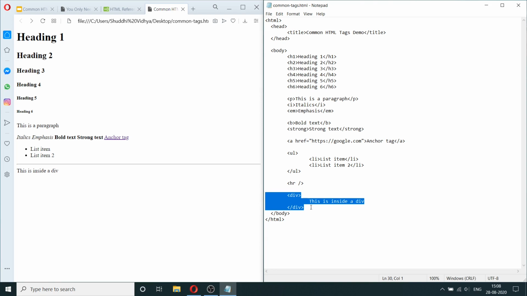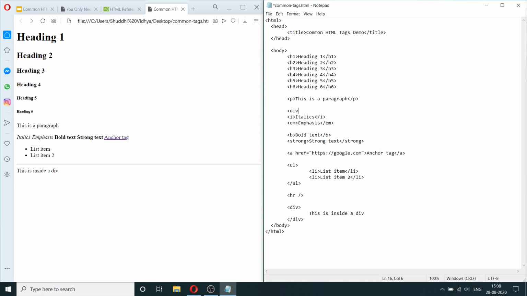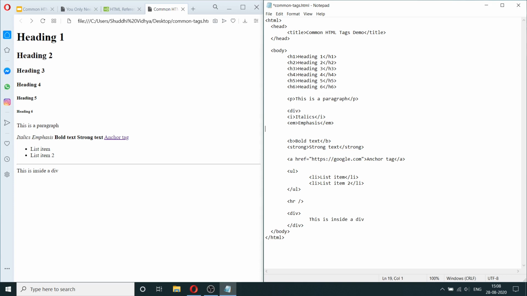So the div tag is basically used to contain a certain piece of code. What I mean by that is basically when you have a lot of code, it's helpful to put that code inside of a div tag. For example, in here, if you want the italics and emphasis to be separate, you can put this inside of a div container. And same for this.